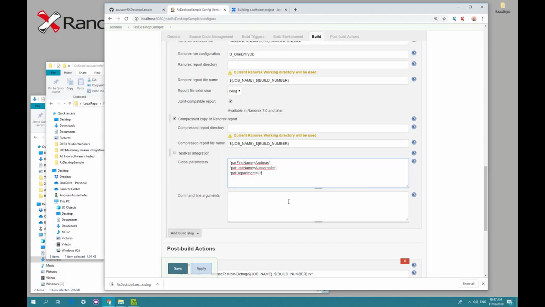And let's go for the office department. Let's say the fourth one should be parameter age, and I'm 52 now. And the last one is the parameter for the gender, where I put in male. So I have 5 different parameters now, and the values here will override